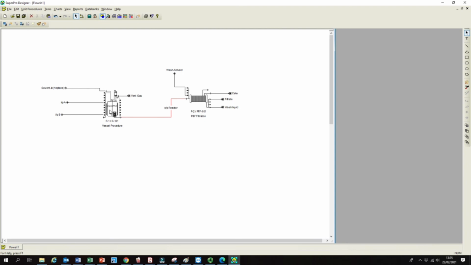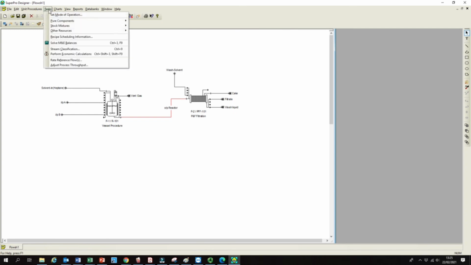So the next step is, all we have is some streams, and we just gave them labels like input A, input B, heptane, and then we gave a name like output from reactor. Obviously there is no chemical going into these streams at the moment. So for that, we have to add the chemicals into the reactor. So for that, first we need